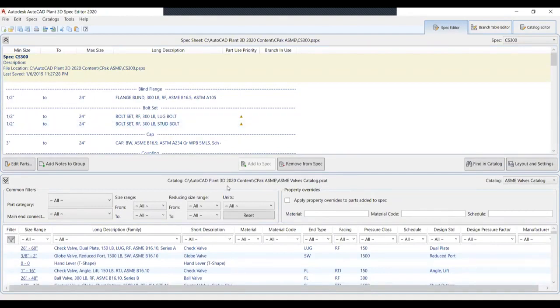Here, this is a catalog. Catalog means all the industry standards and all the necessary things that are needed for the piping industry are available as a catalog. But a spec doesn't have all these things. We can edit it according to our project requirements. So this is the catalog. This has two: one is only for valves, and this one is for pipe and fittings. We'll go for pipe and fittings.